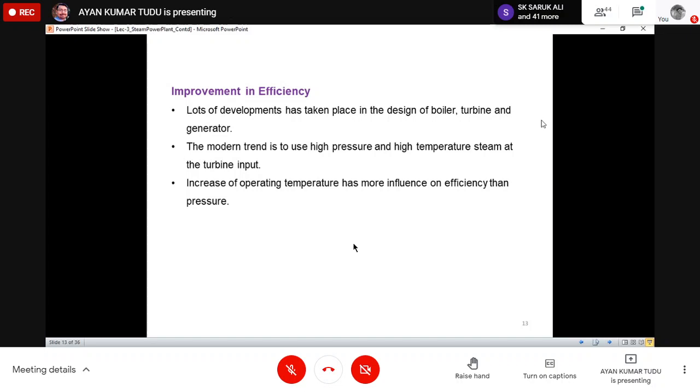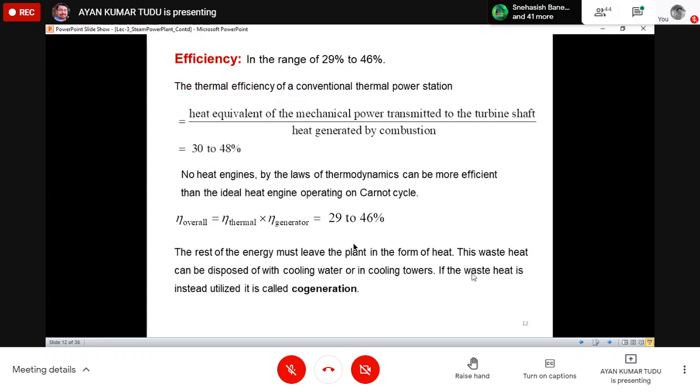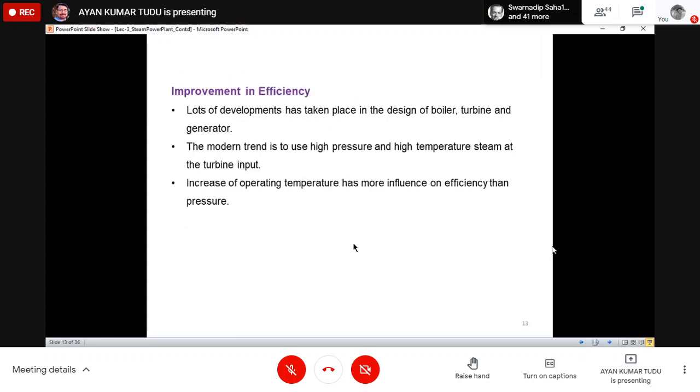Next slide. Let's go to the next slide. Okay, before we go into the next slide, I want to accustom you with another term, which is known as a captive power plant. We talked about the thermal power plant. We talked about the cogeneration power plant, where the waste heat is utilized for other purposes, it may be used for heating water and so on. That power plant is known as a cogeneration plant. In this line only, there is another power plant which is known as a captive power plant.